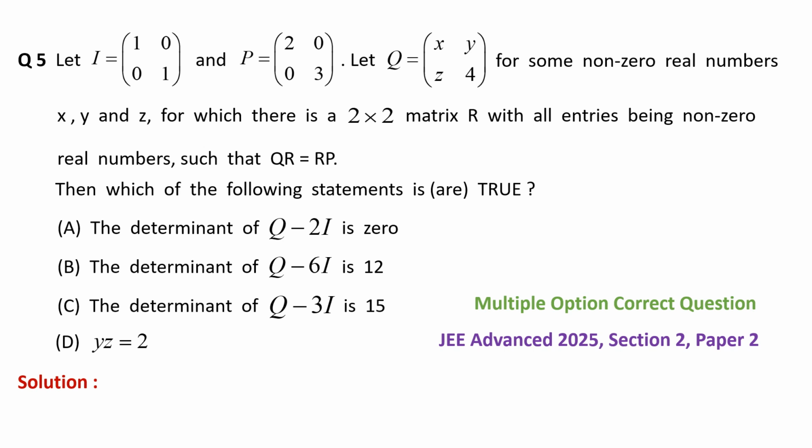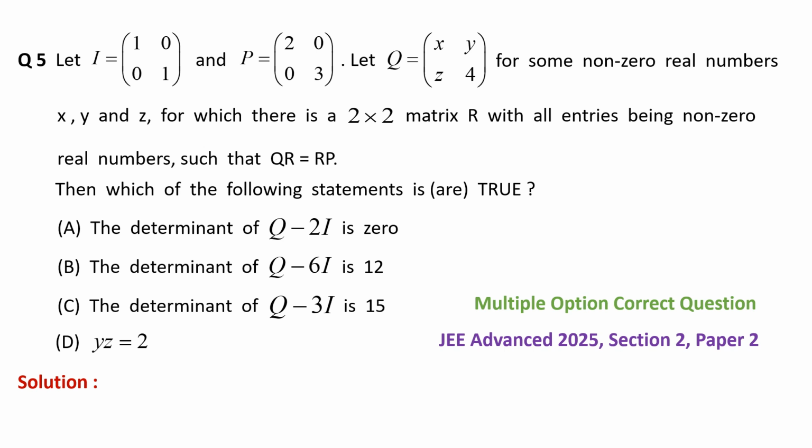It says, let I equal the identity matrix containing the elements 1 and 0 in the first row and 0 and 1 in the second row, and P equal to a 2 by 2 order matrix containing 2 and 0 in the first row and 0 and 3 in the second row. Let Q equal to again a 2 by 2 order matrix containing x and y in the first row and z and 4 in the second row, for some non-zero real numbers x, y and z, for which there is a 2 by 2 matrix R with all entries being non-zero real numbers such that QR equals RP. Then which of the following statements is